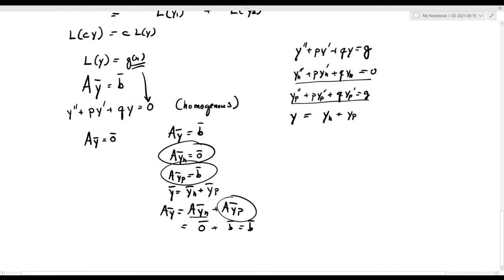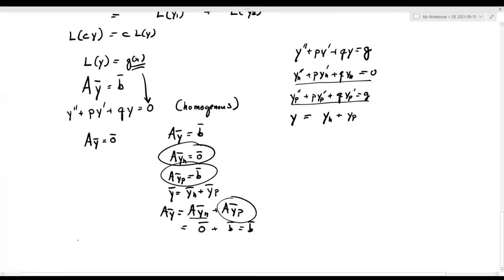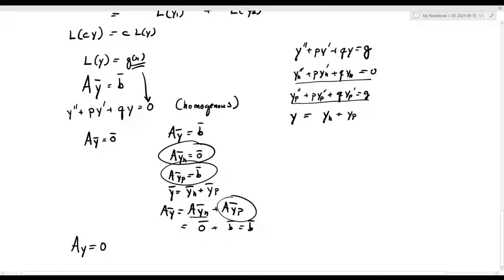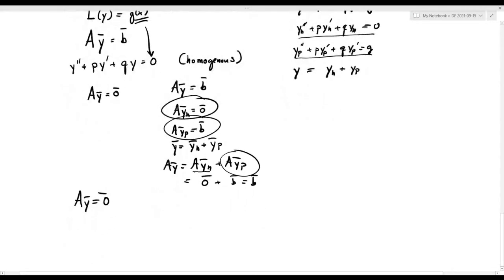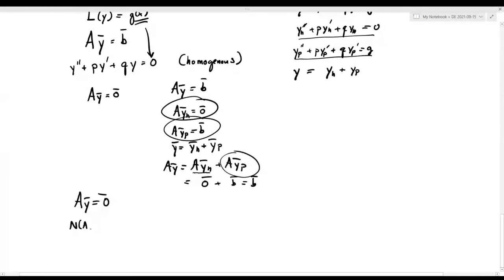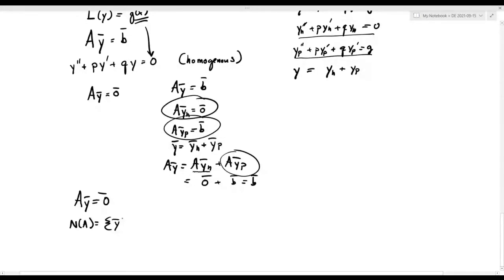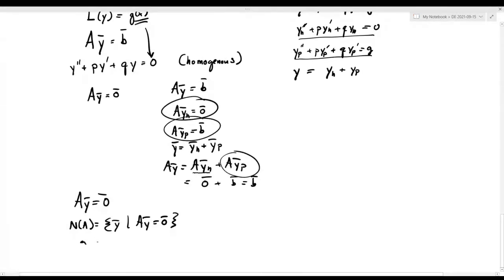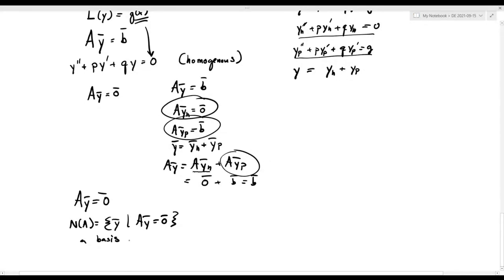Now, another analogy to linear algebra here is when we find a solution to a homogeneous equation, we want to find the null space of this matrix, right? So the set of solutions is the null space of this matrix, so all vectors such that A times Y is 0. And in particular, we're interested in finding a basis for the null space. And remember, a basis for the null space,